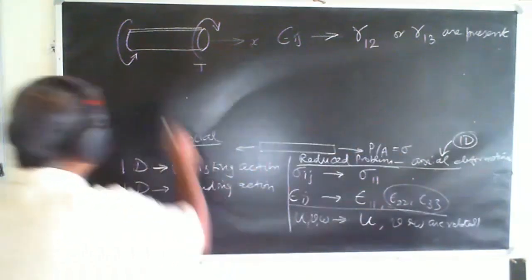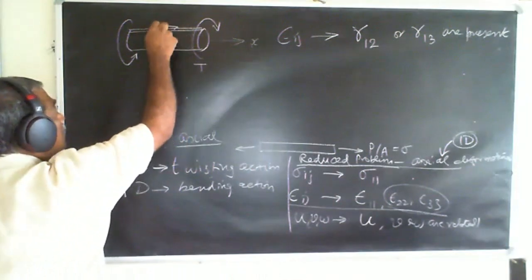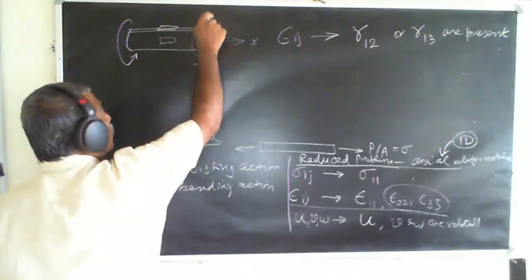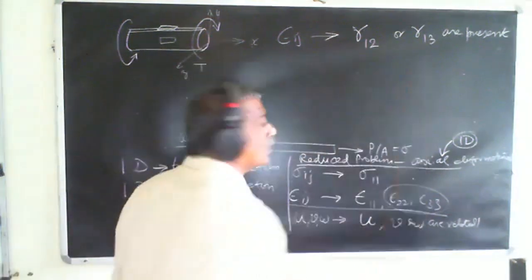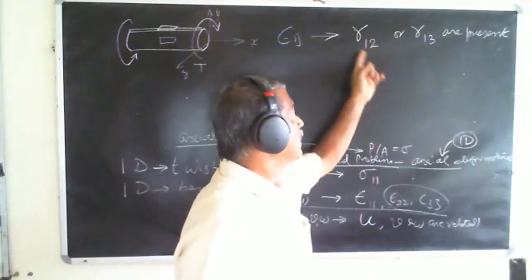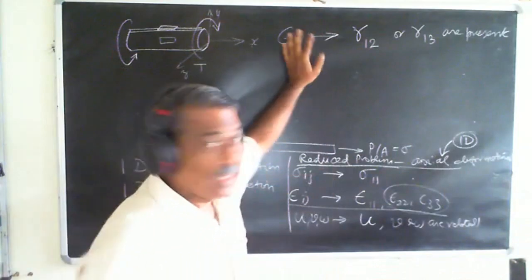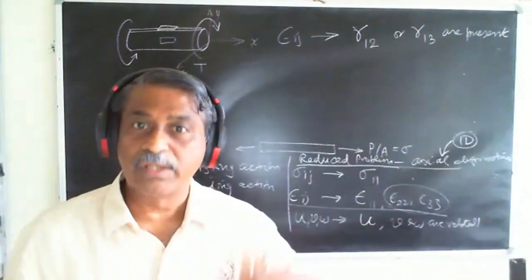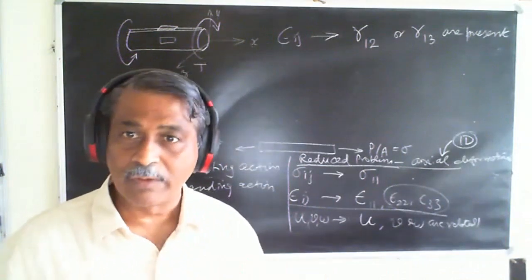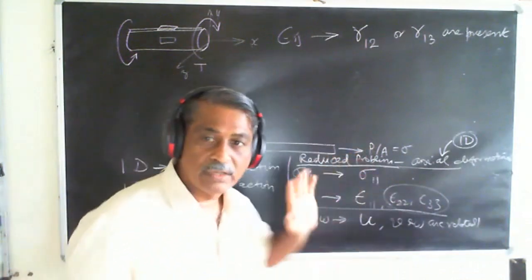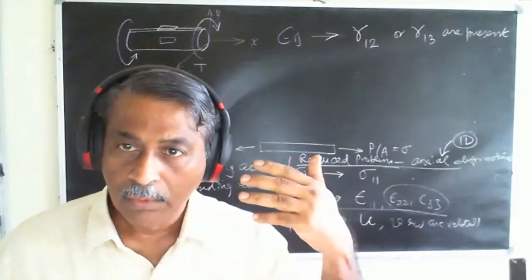For example, depending on what is the y direction and z direction, we would get either 1, 3 or 1, 2. When I say 1, 2 here, it also means 2, 1, right? All the other strains were 0. So it renders a special case. Once I have a special case, it is possible for me to write down all those equations that we wrote down earlier, with related to equilibrium, related to